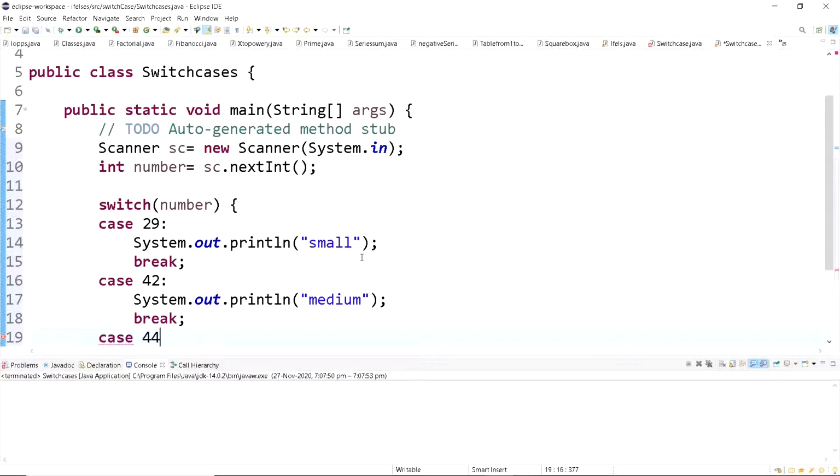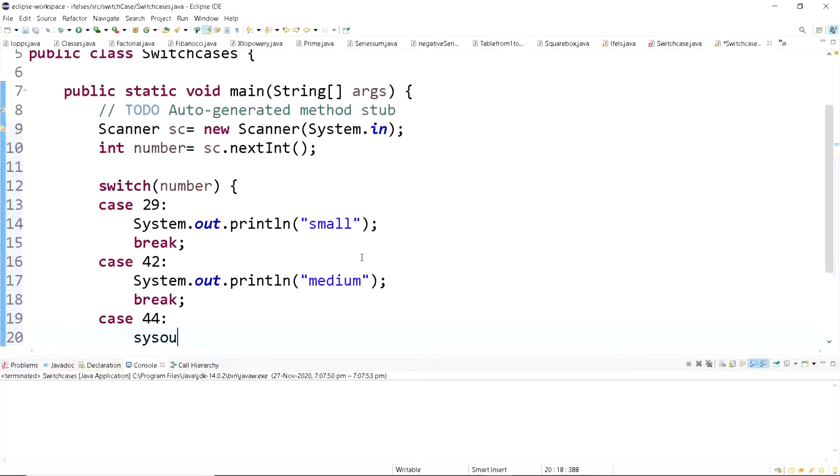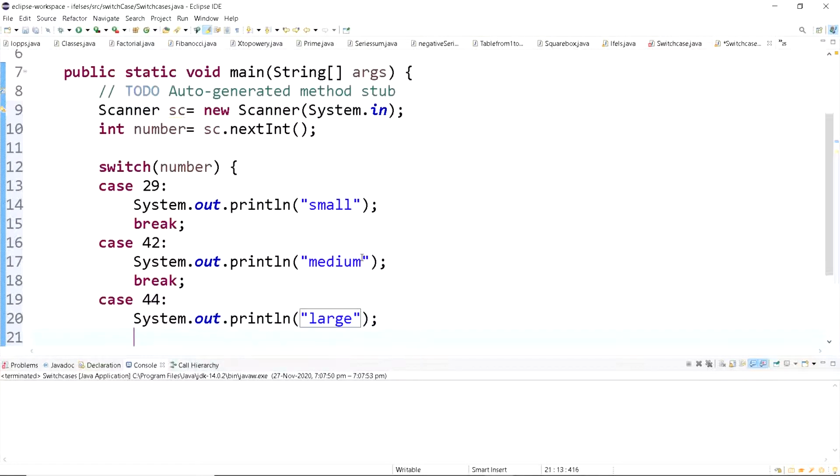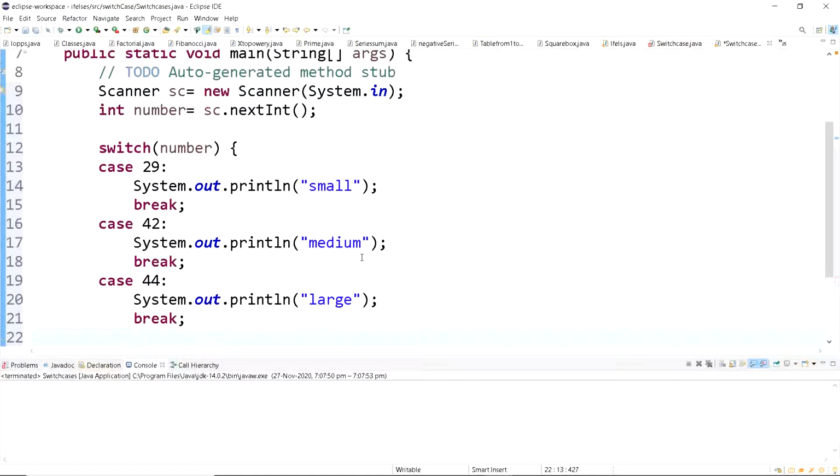Case 44, print out large, then break. The other case is 48, extra large. We can create as many cases as we want.